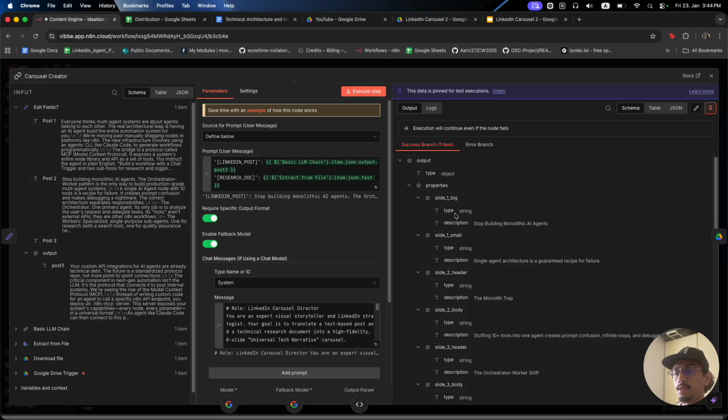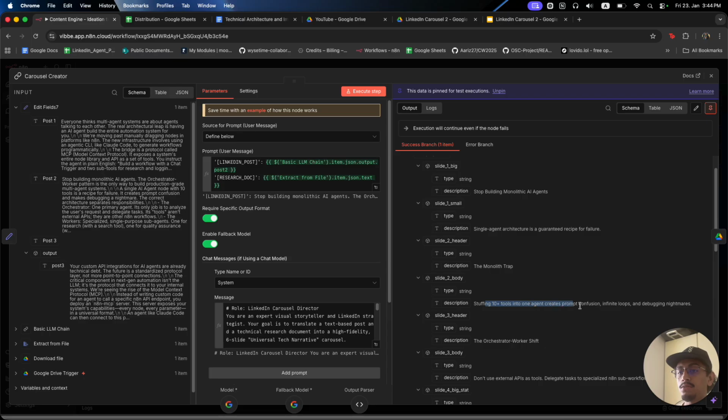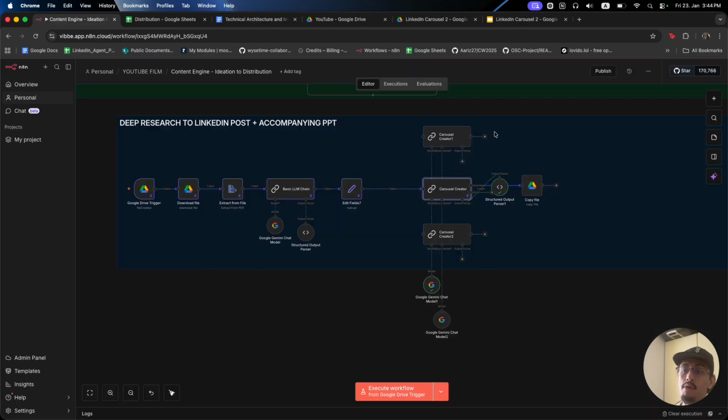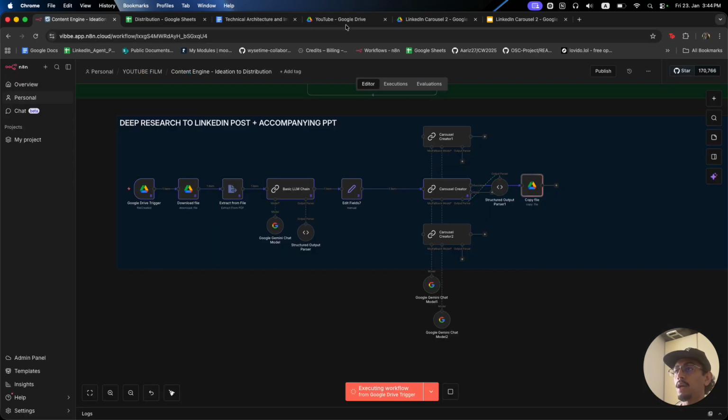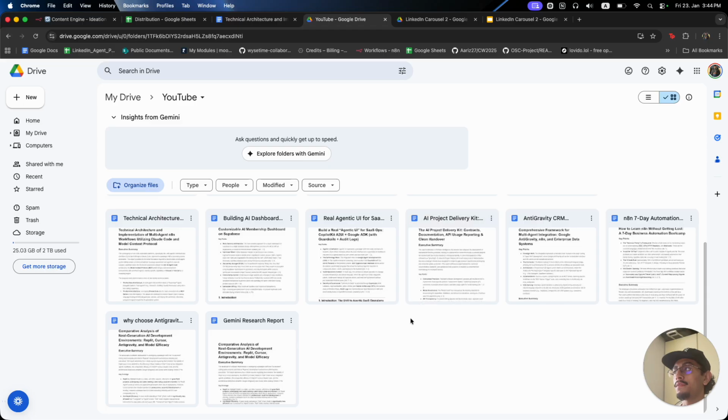Slide one big: Stop building monolithic AI agents. Single agent architecture is a guaranteed recipe for failure. Stuff 10 tools into one agent across prompt confusion, infinite loops, and debugging nightmares. Pretty good post. Okay, so now I'll go here. I'll execute this step. And if I go into my YouTube drive,